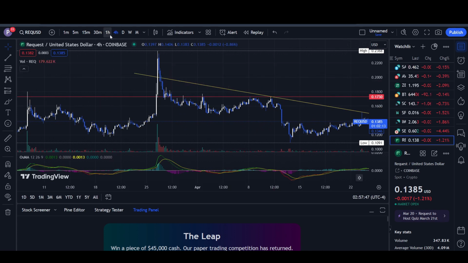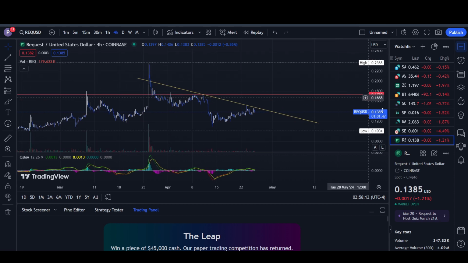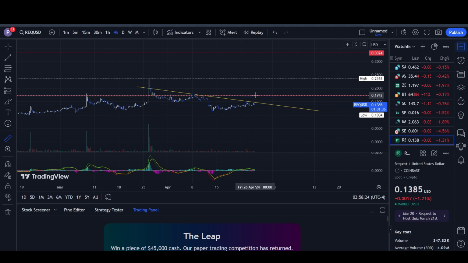If you look here, this is the 4-hour chart. It did try to hold this level, but unfortunately it was not enough, and again it tried to break this level here and here, but there was no volume, so it did not. So again we need to look at this resistance, which is very important, around 17 cents. If it does break this level and hold it for 1 or 2 days, I think we could actually hit 33 cents. That is basically 2x from here, or even around 2.5x, which is pretty good. So we still need to break this level, and we could hit the target if we break and hold it.